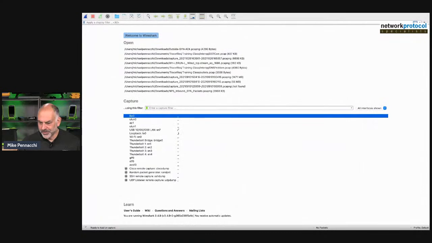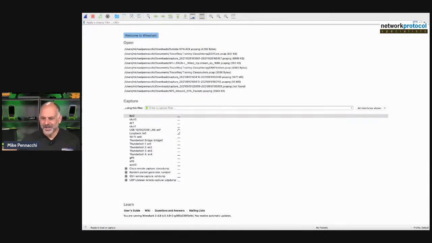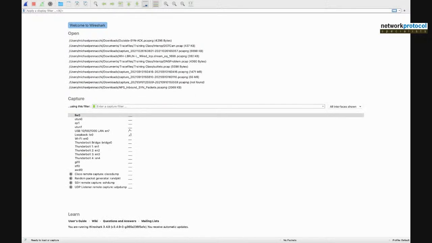So here we go. You don't necessarily need to see me for this part. So let's have that take up the whole screen. When we first log into Wireshark, here's what we see. We see the various interfaces that we have available to us. In this case, I've got my USB 10/100/1000 interface. That is the one I'm most interested in. Now, if I don't capture using root, I won't see that interface.